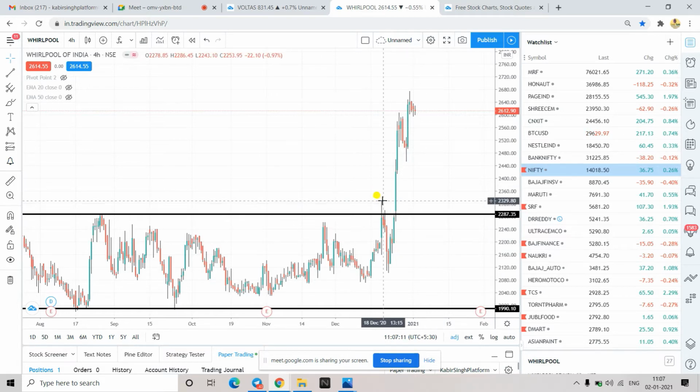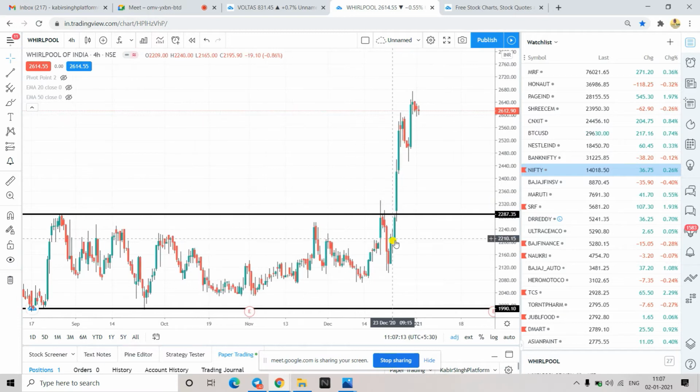See, here you have a good rejection, right? Generally, if somebody sold here, it would be with the anticipation that price will go at least till this point, and there he will book profit. And where will he keep the stop loss? Here. So once that is not happening and it immediately breaks the high, you can understand heavy buying is there. Once this high is broken, you can go long, keeping your stop loss at half of this parallel channel's range, or you can just keep it somewhere here.